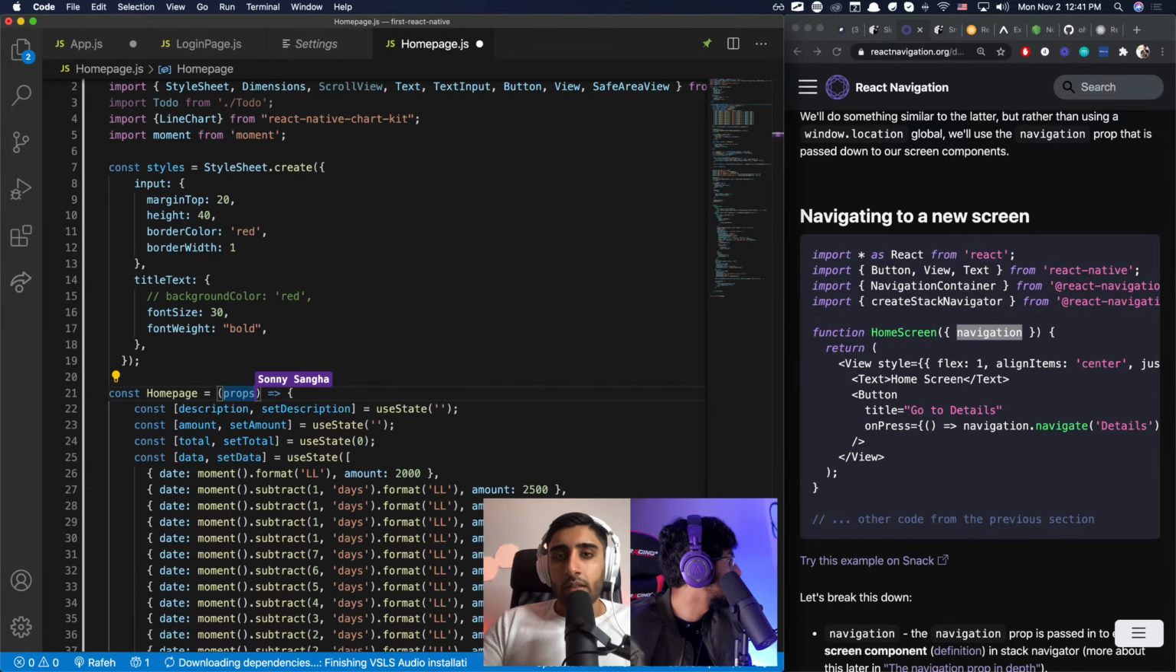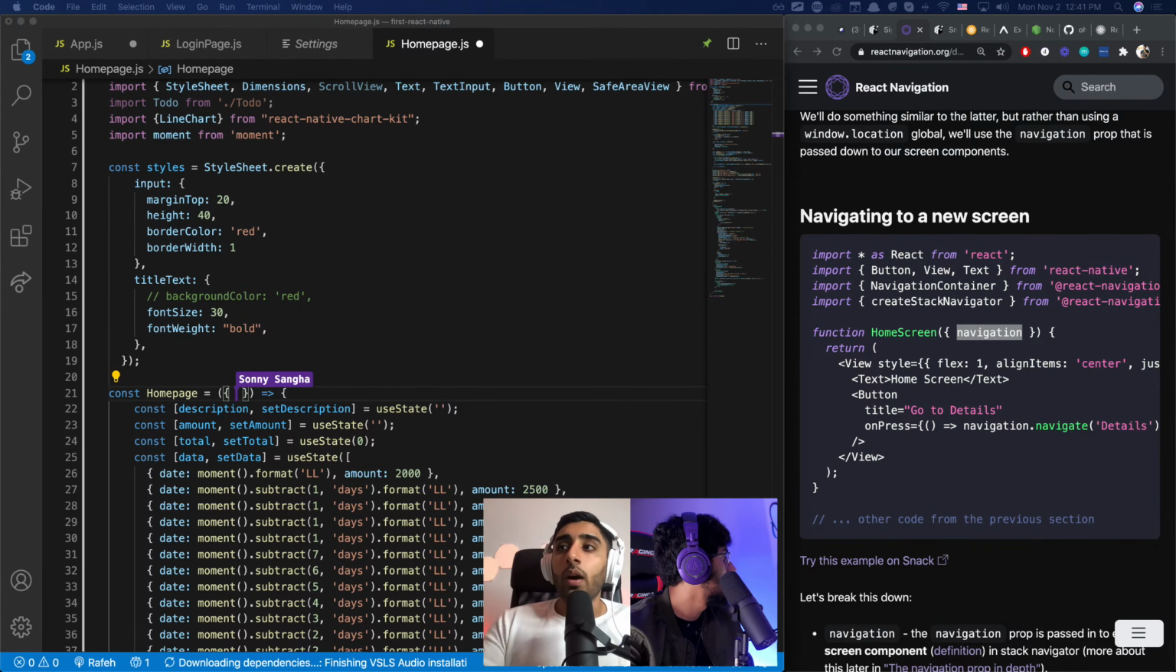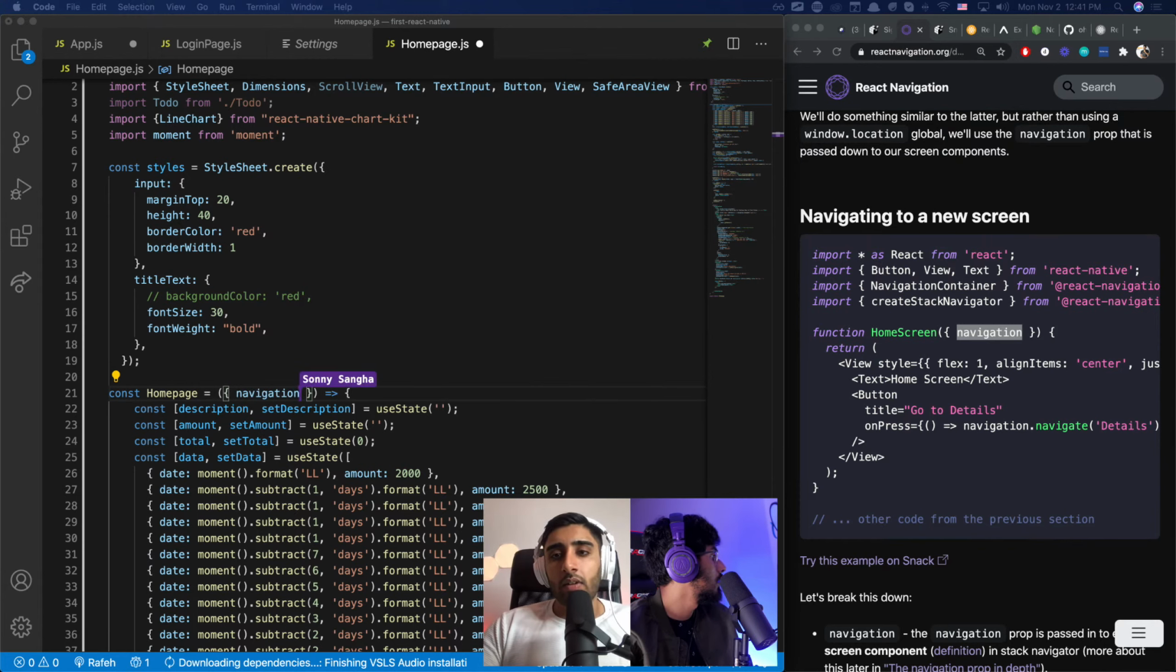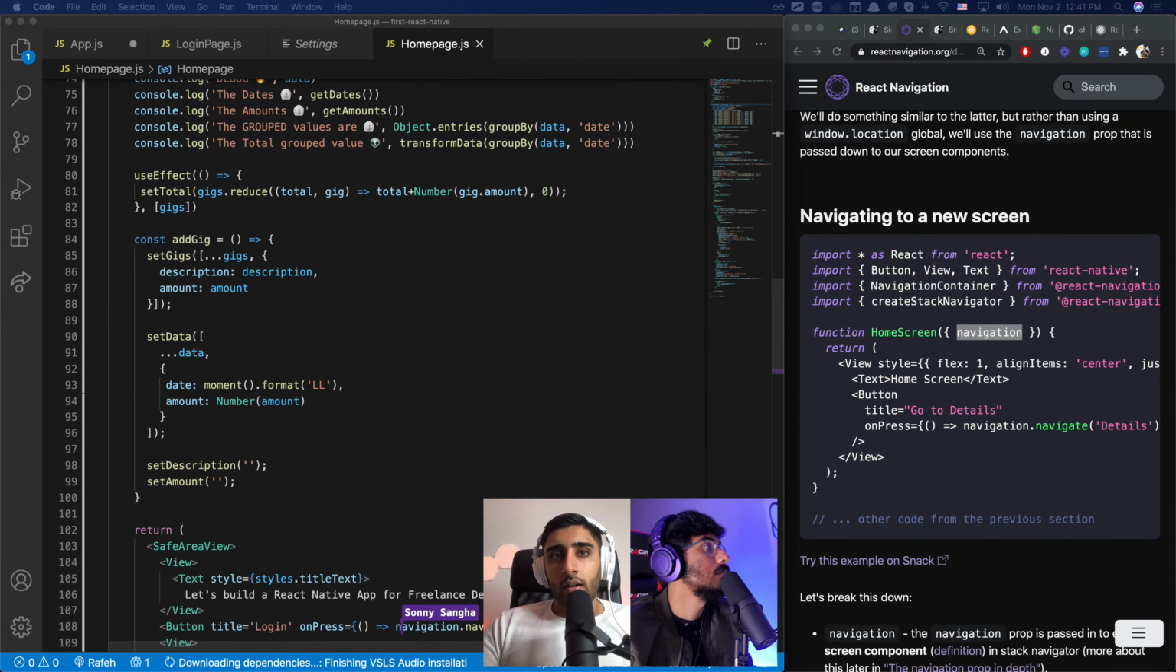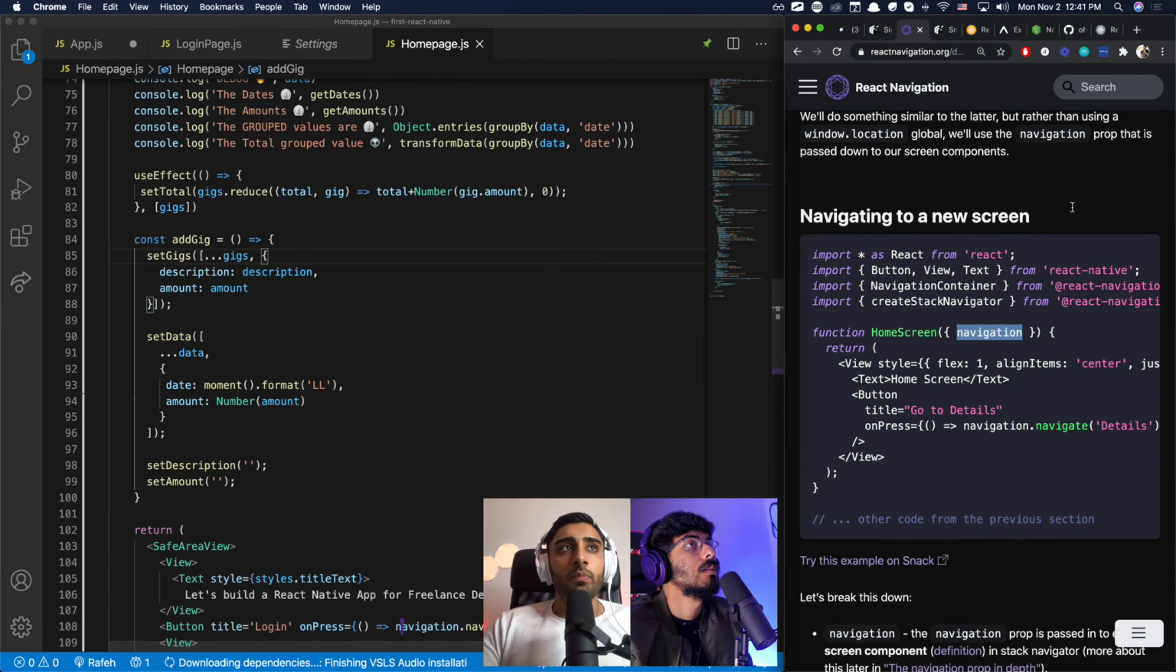And that prop, if we destructure it, is going to have whatever props you pass in normally, as well as something called navigation. Okay, and this is basically like a navigation handler that comes down. So this is how we can go ahead and do navigation.navigate login. So at this point, we should